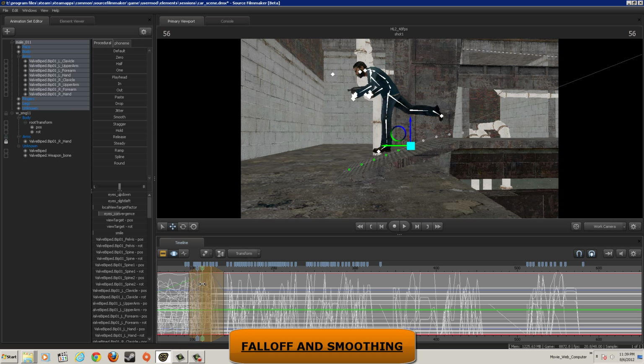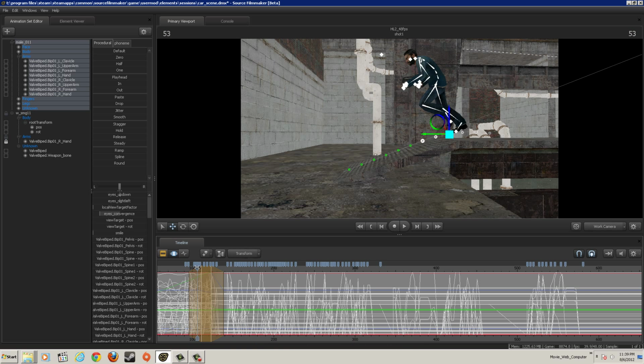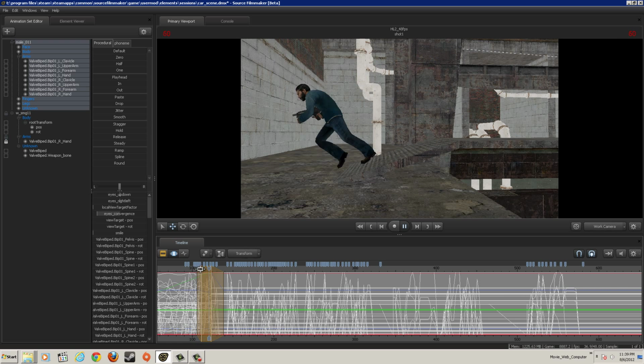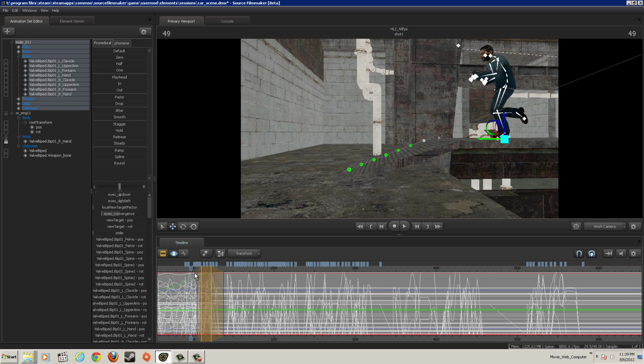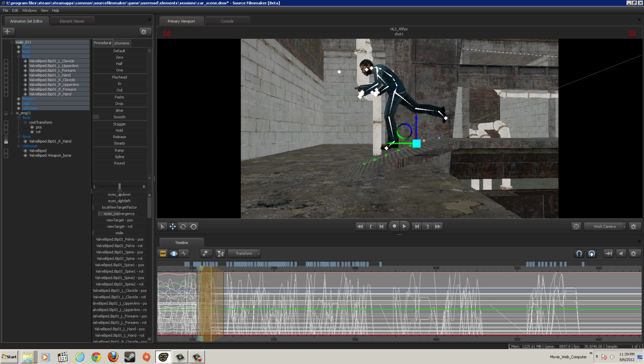Here, it's already smoothing itself out the way I'm playing with the time controls. Setting the fall off to different times, see the best result. You see his foot's going to snap into the other animation, so by smoothing that out,